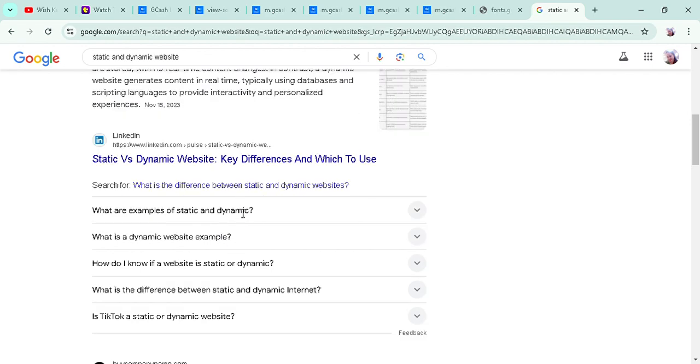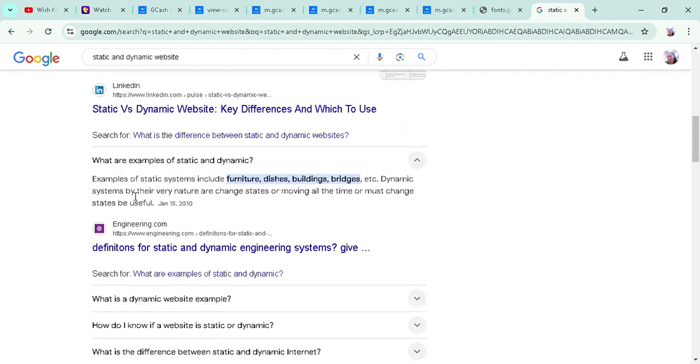Okay, another example. I cannot understand. So, example, static and dynamic. Examples of static systems include furniture, dishes, buildings, and bridges. Okay, they have a group of objects.